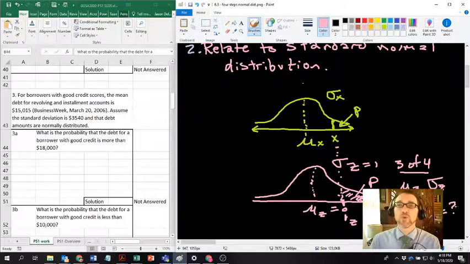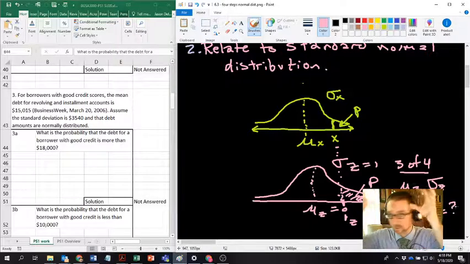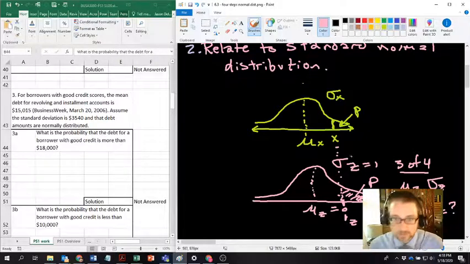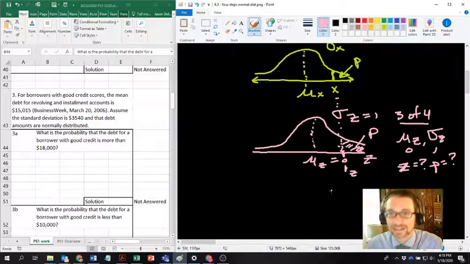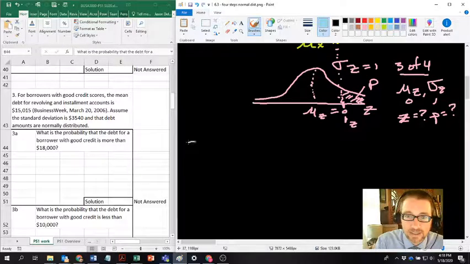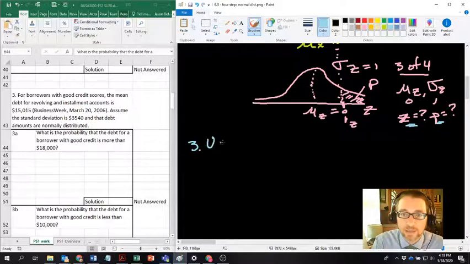At the end of step 2, we've taken this normal distribution problem about some x distribution and converted it to a standard normal distribution problem. Which is good, because I have 2 other videos where I taught you how to find things in the standard normal distribution. By the time we get to step 3, you can see that we either know z or we know p. And so step 3 is use z to get p,